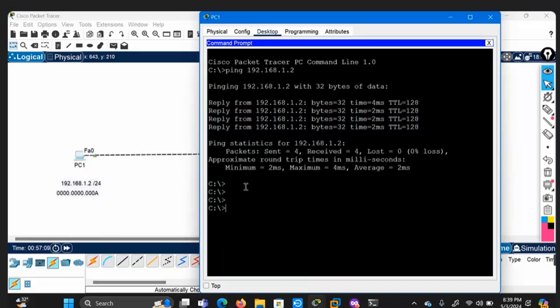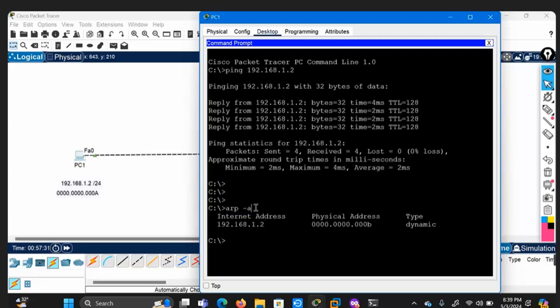We can check the ARP table by using a simple command in the PC, right? arp -a. This is the command to see the MAC addresses learned, or that are available in the ARP table. The table where the MAC addresses learned by the PC are stored is the ARP table, right?